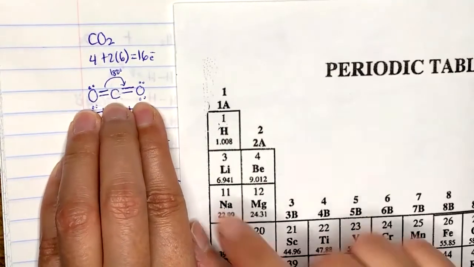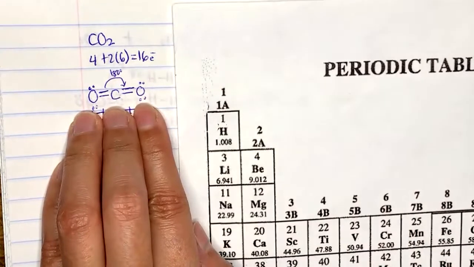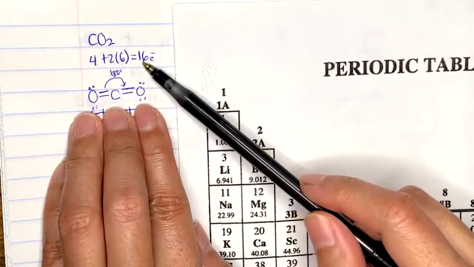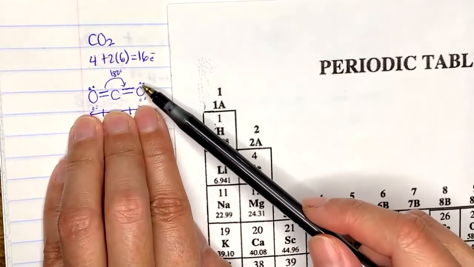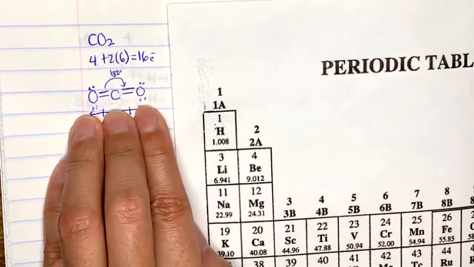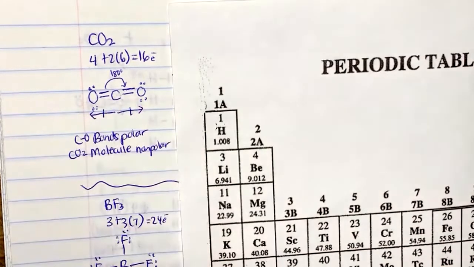Okay, just the Lewis dot structure. Agree? We learned how to count the valence electrons, we drew it out. We knew there's a double bond on both sides, and then you have lone pairs around it. So now when we want to look at geometry, the thing that you want to focus on is